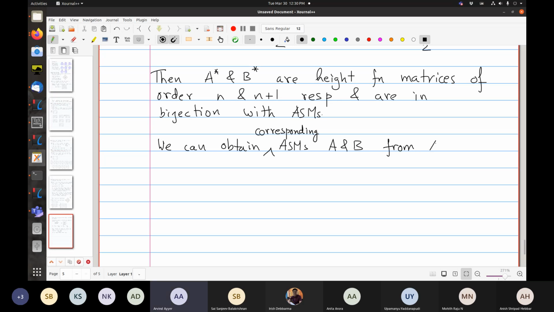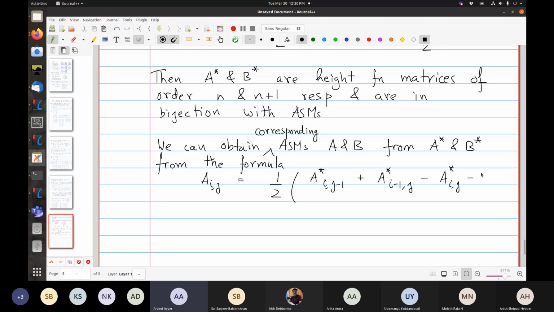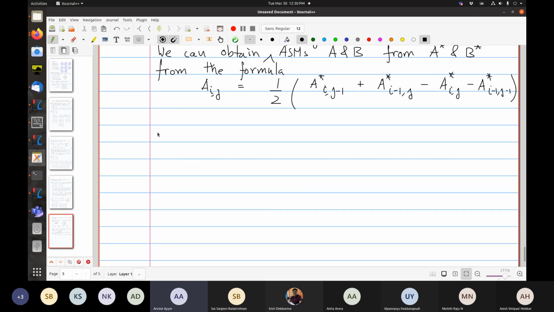From A star and B star, from the formula, Aij, for example, is half of A star ij minus 1 plus A star I minus 1j minus A star ij minus A star I minus 1j. So if you use this, you will get ASMs. So in the above example,